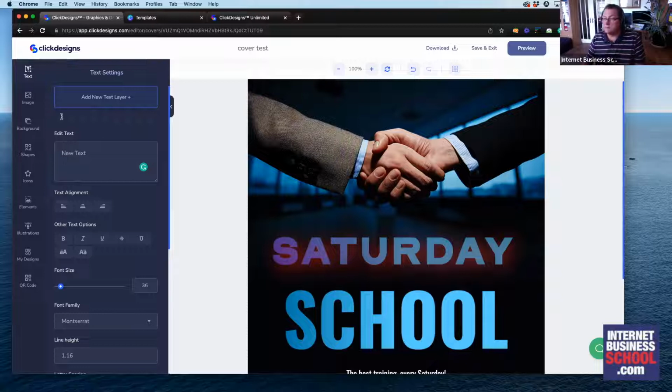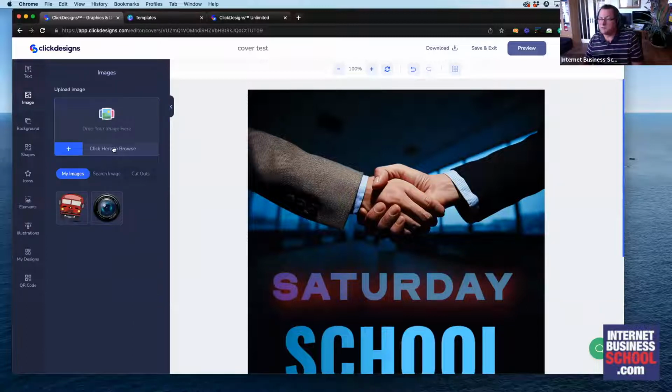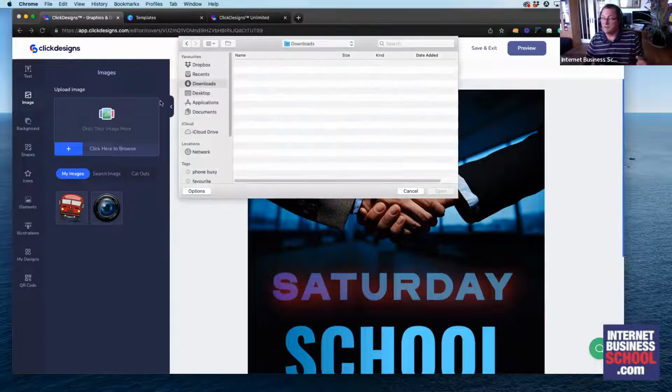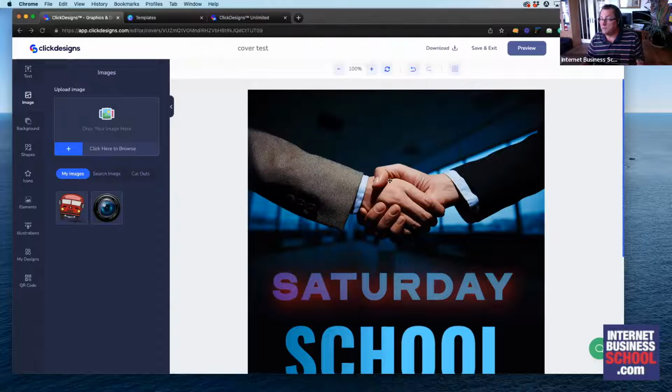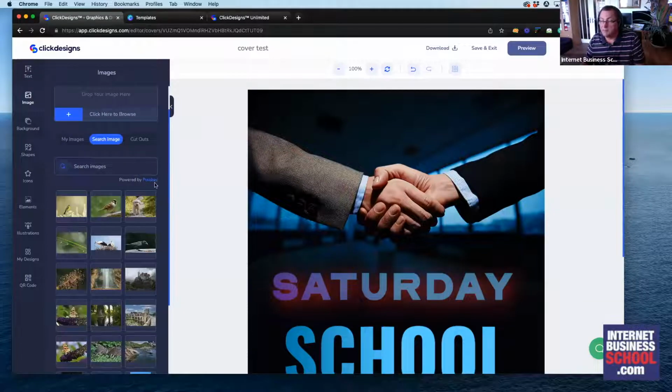Okay, so that's adding text to the page at the moment. You can also play around with the images. Okay, you can upload your own images directly from your computer. So if you've got a particular image that you've taken from another site, you can just upload it into ClickDesigns and use it. You know, if you've got a particular photo that you're using for branding, just upload it and you can use it everywhere. You've also got a link in with Pixabay,